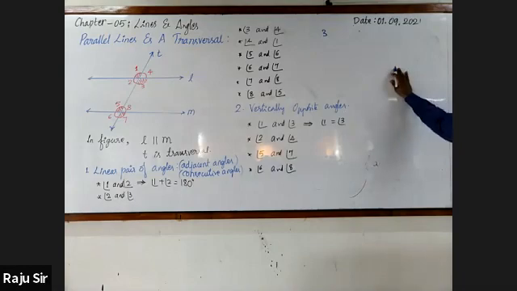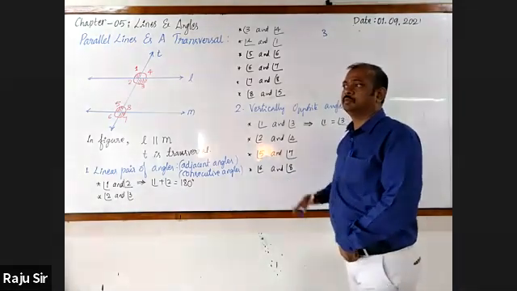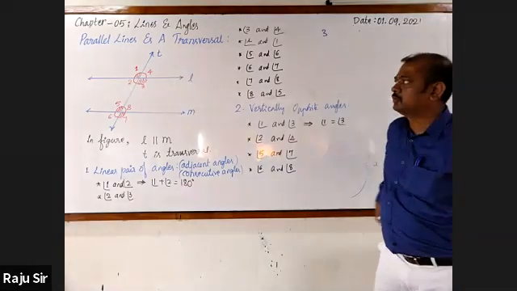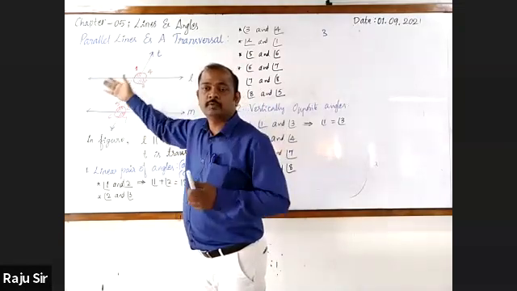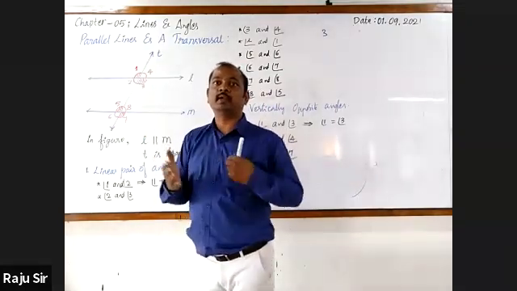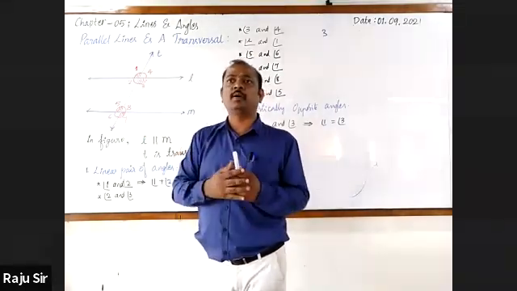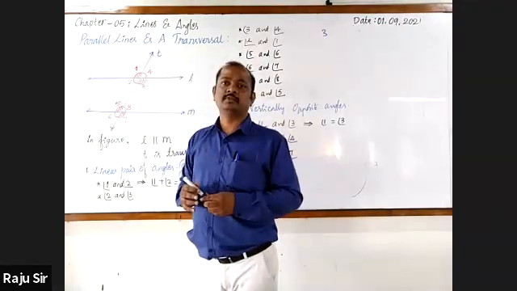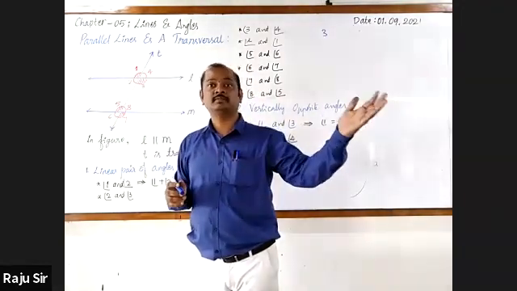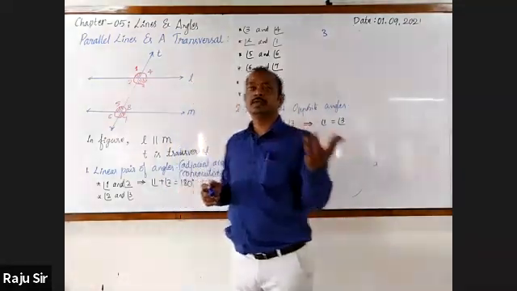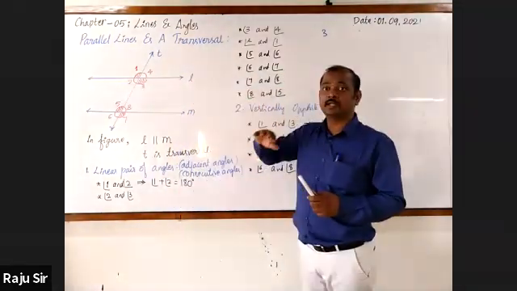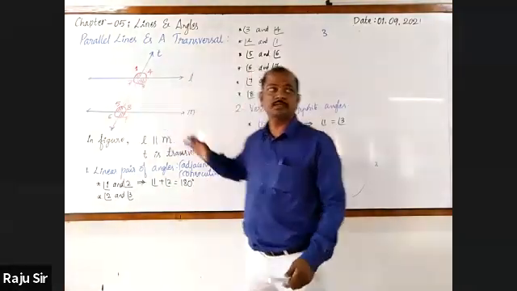Sir, what is the use of drawing like this, sir? See, through this figure only, we can come to know the relationship among different types of angles, other than the measurements. Measurements may have different angles in them, acute, obtuse, and all. But other than this, we can study about this in one figure only.